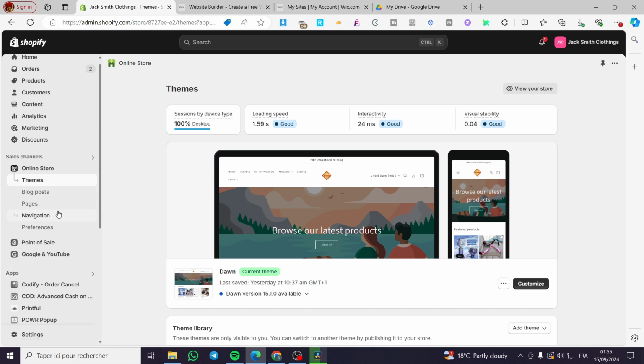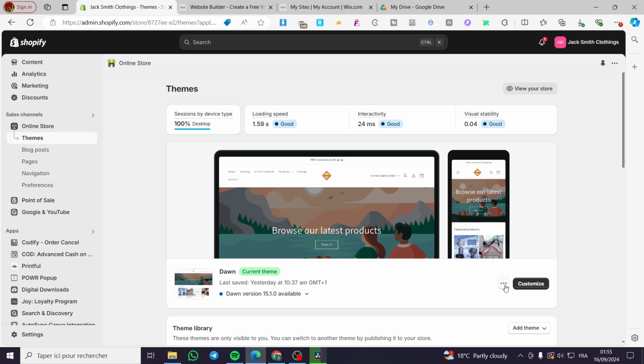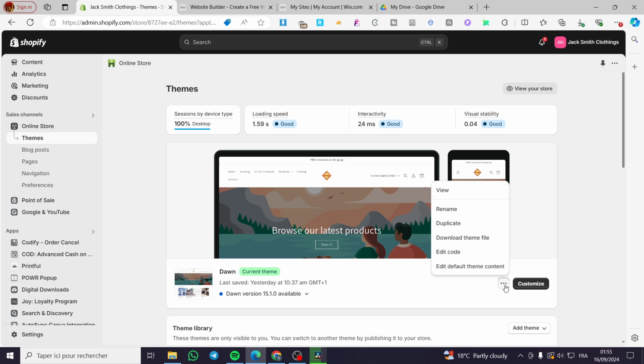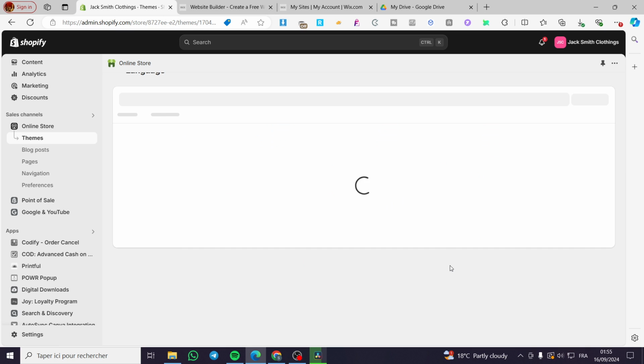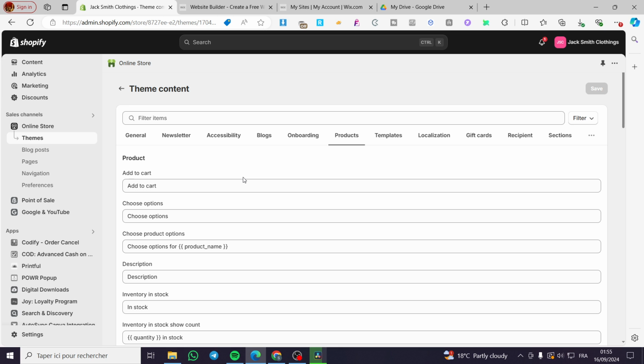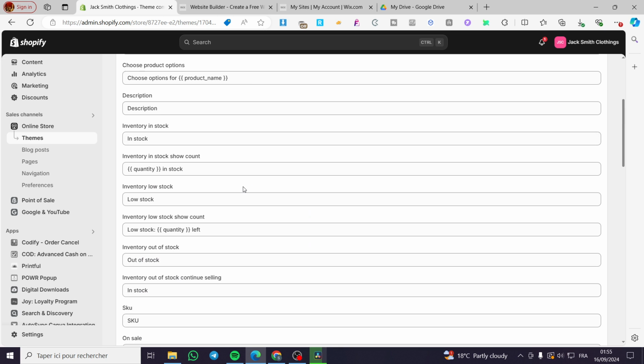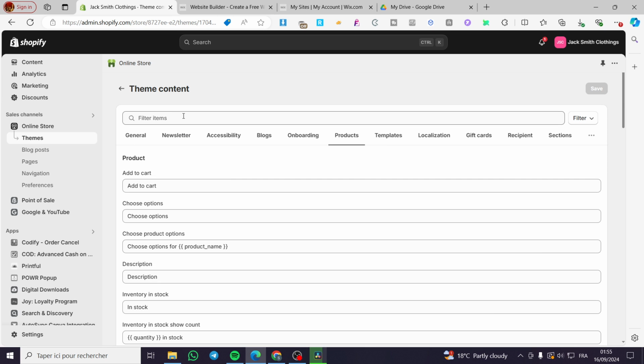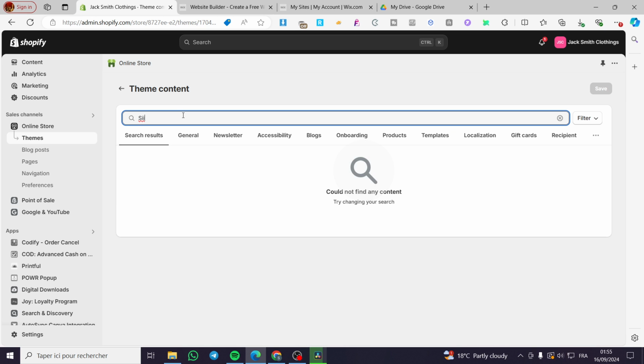So we are going to head over to the themes. Then we are simply going to click on the three dots right there, and now we are going to edit the default theme content. With this, we're going to see the products. Now for the products, we're going to see shipping. So we are going to search for shipping,